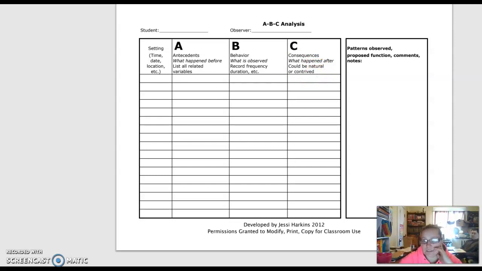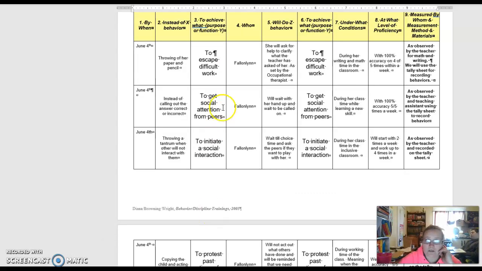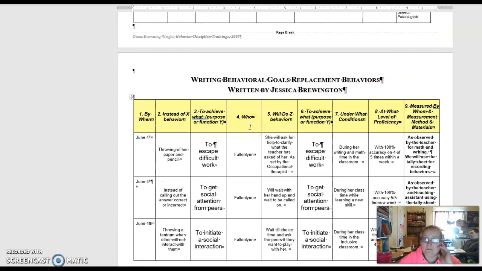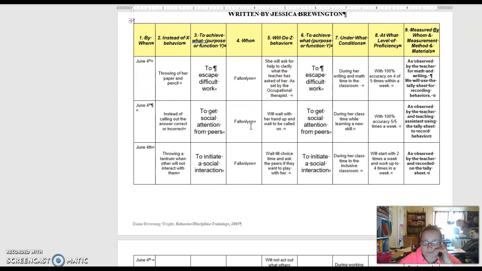So the teacher, of course, will remind her if given verbal cues, give her looks across the room. Then we also go into our goal replacement and behaviors form. That was another great form. This is one that I talk about being able to utilize. We can go through and laminate this and put this in front of the child to help them understand that they could look at, so instead of throwing the paper and the pencil, she could ask for clarification and ask for help and ask the teacher,